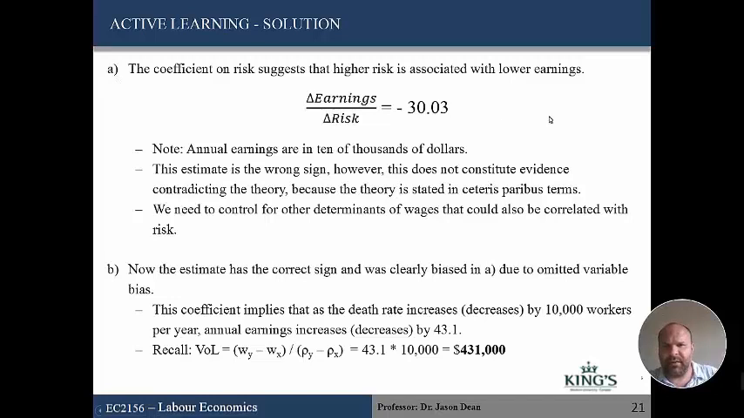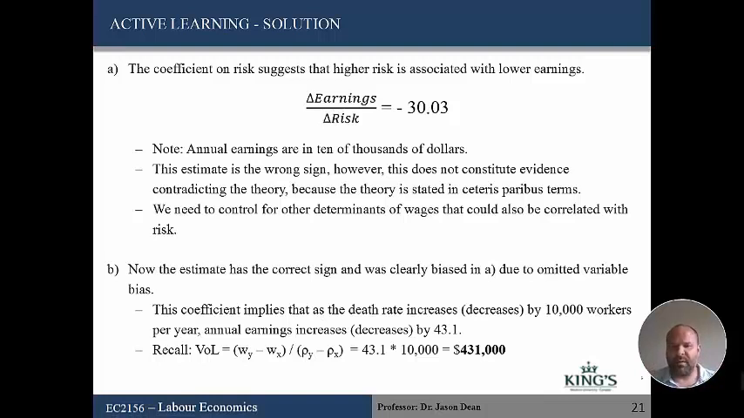The answer to A we already went through. We need a ceteris paribus relationship. We didn't have that because we weren't adding any control variables, so this coefficient is likely biased. Now we estimate it again with control variables, and we end up getting a coefficient estimate of 43.1, and it's positive. This coefficient would imply that as the death rate increases by 10,000 workers per year, annual earnings increase